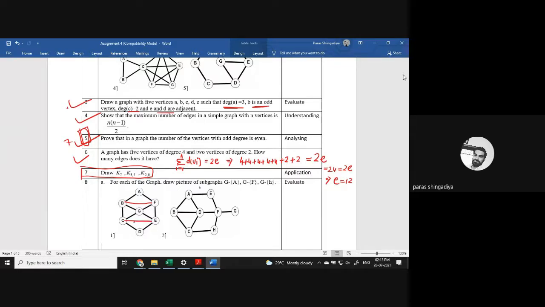Now you can verify that these 5 vertices are of degree 4. Okay? These 5 vertices in the middle, what is their degree? That is 4. And what is the degree of A and D? That is 2. Okay? That is the answer of this graph. If you want to draw the graph with 5 vertices of degree 4 and 2 vertices of degree 2 with 12 edges, so that is one solution. Okay? That is its answer. Just add 2 edges.